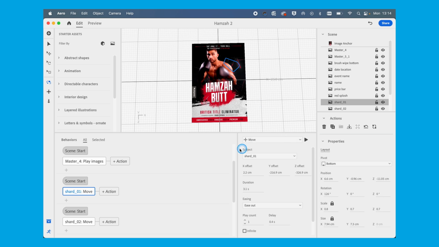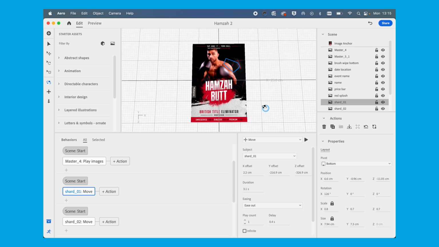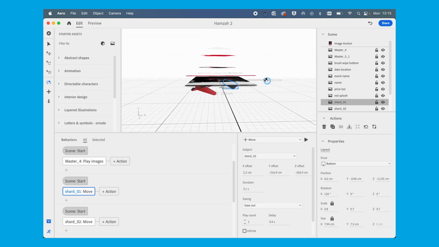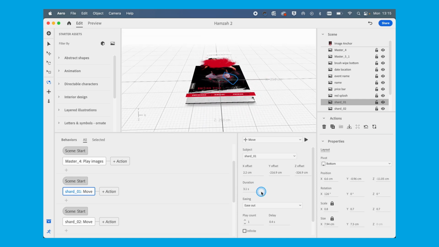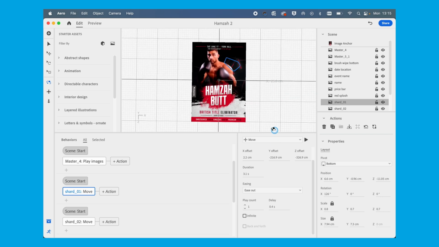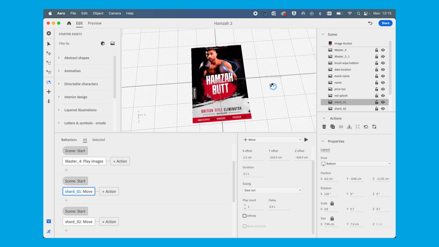I did run into a few troubles when I was doing these shards. I wanted the functionality to repeat the shards coming out during the experience, but I couldn't find it on there. It might just be me, but I couldn't see that functionality. The only way it was going to do it is if it was sort of coming back and forth, which I didn't want. I didn't want to be able to see it boomeranging back in. That was a bit of a shame, but maybe that's just because Aero's at beta stage and they're going to introduce other stuff later on.